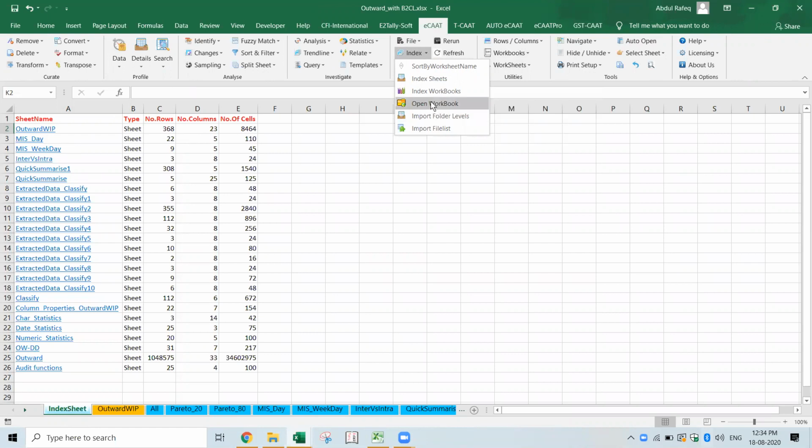You can also do the index of workbooks, which means if I've got all the workbooks in one folder, it will create one index. This becomes good for auditing working papers. Directly the index will come. It is not like putting some index separately. Automatically it will create the index. Next time if you update any files, you just go and recreate, and it will automatically get recreated.